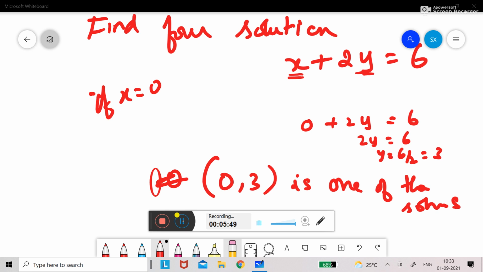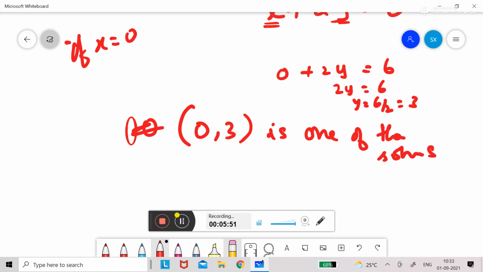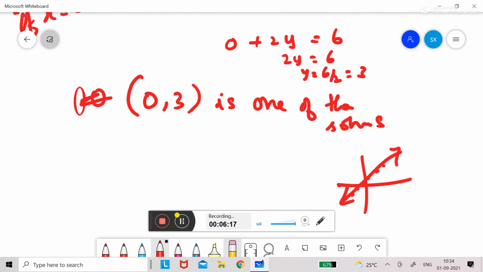Okay, children. So like that, there are different solutions, because a line in a graph consists of many solutions, infinite. We already know the definition of line and line segment. We cannot actually draw the line, but we can only represent the line. All that you studied in geometry, same thing in graph also. A line consists of an infinite number of solutions. So only (0, 3) is one of the solutions you should write. One of the solutions. Remember.